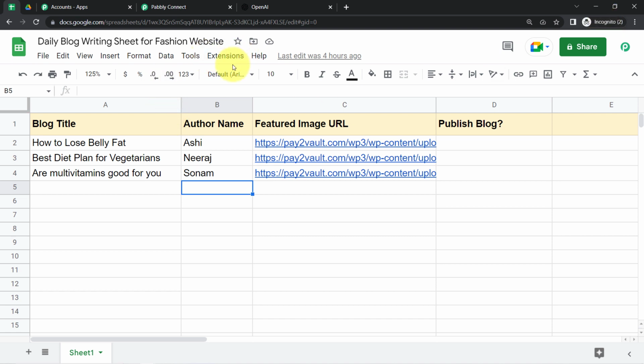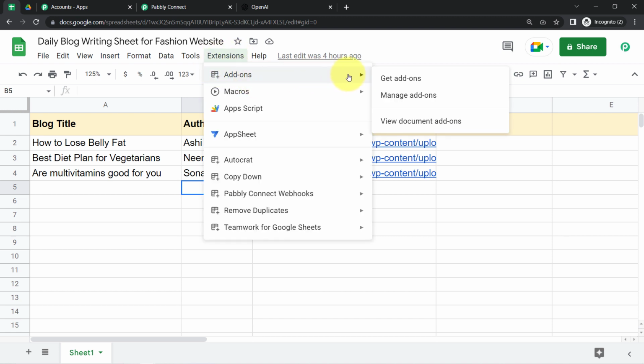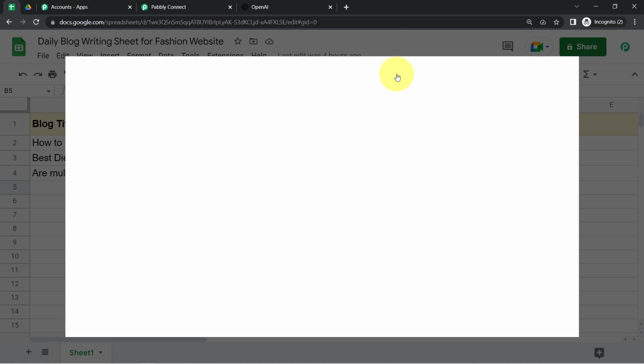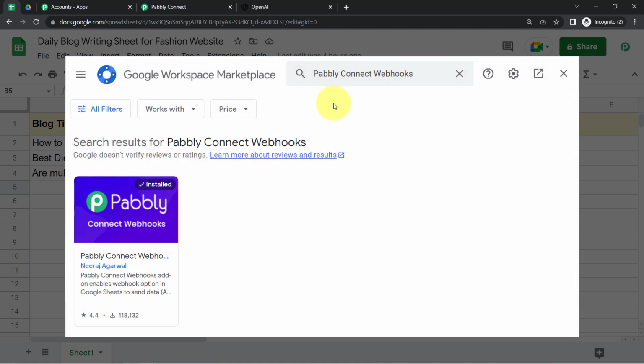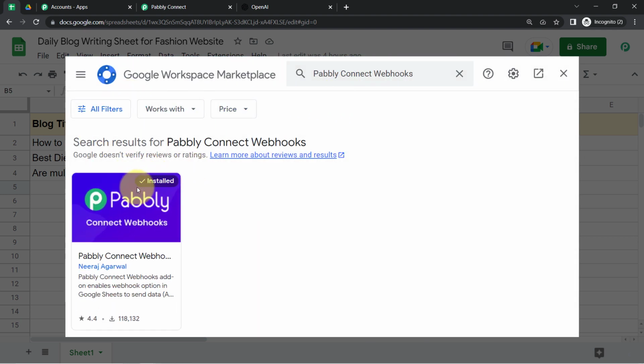Okay, I'm repeating this again, the multiple Gmail accounts should not be logged in, or you should work in the incognito window, otherwise the authorization error will arrive. Okay, click on extension, click on add-ons, click on get add-ons, and here you'll have to search for the Pabbly Connect webhooks add-on. Alright, so I'm searching for this add-on, Pabbly Connect Webhooks add-on,